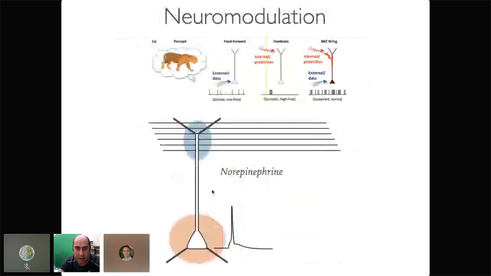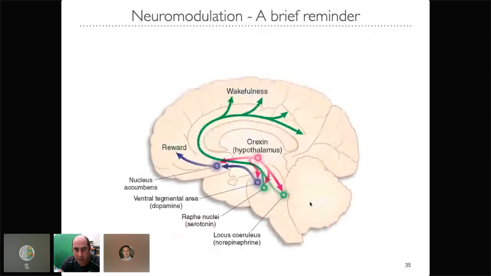And one idea came through neuromodulation. So I will show you some examples, experimental evidence that shows that norepinephrine, and recently also we think acetylcholine, can play a role in how much the neuron pays attention to each one of these compartments, or to the coupling. So just to remind you that norepinephrine comes from the locus coeruleus.